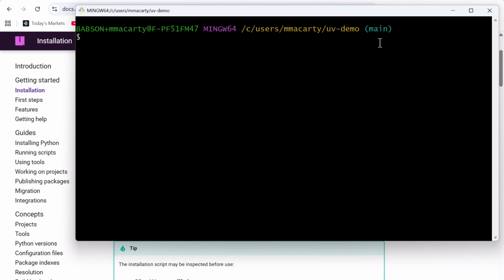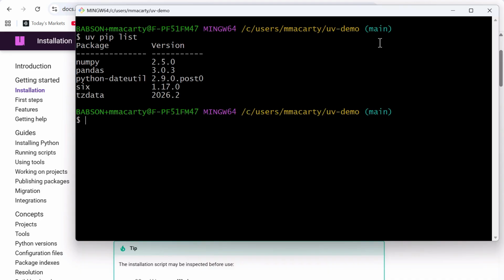The first one's very fast. I'm going to use UV pip list, and this is going to show me whatever's installed or whatever dependencies I have for my project. All right, and then the implication here is that UV is a wrapper around pip, so anywhere I use pip, I can just prefix it with UV and get a little bit of benefit from UV